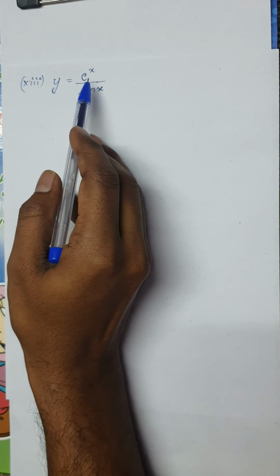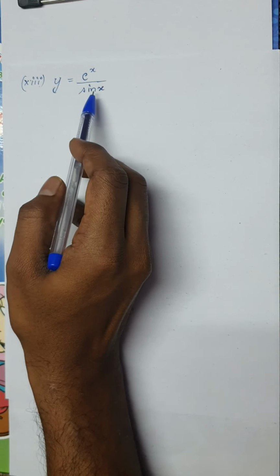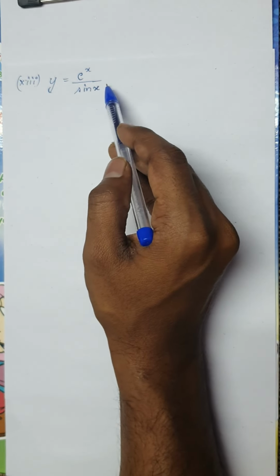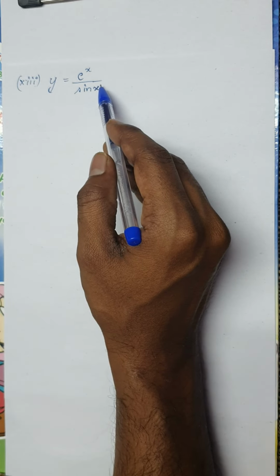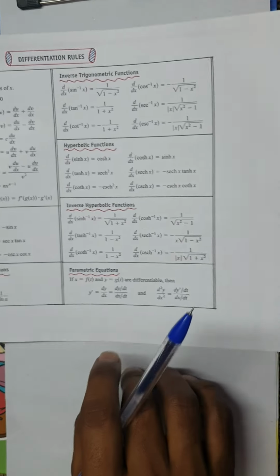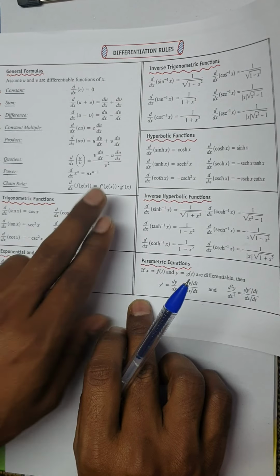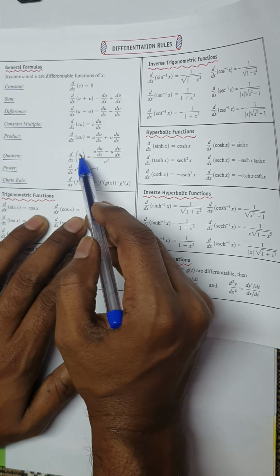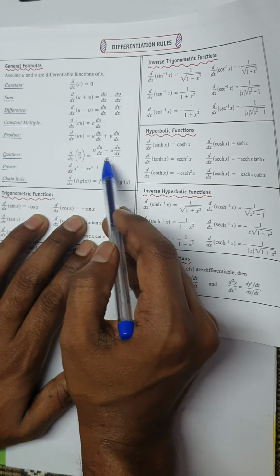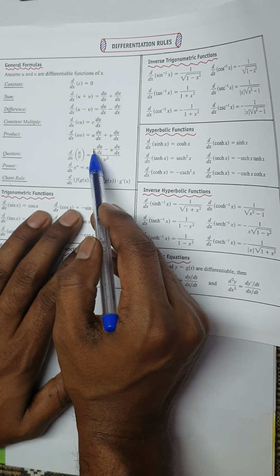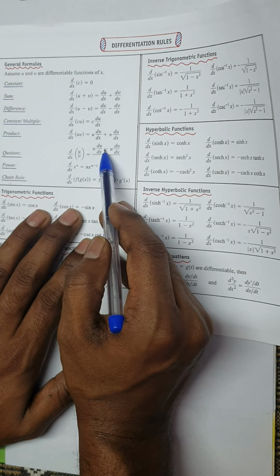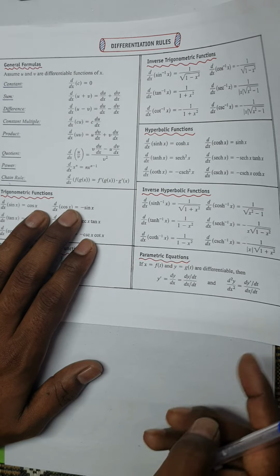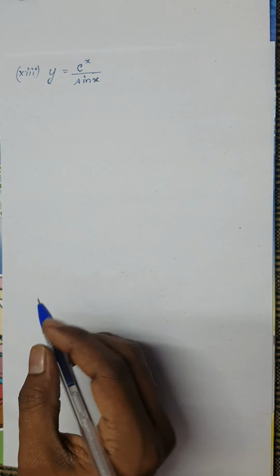We have y is equal to e power of x divided by sin x. Remember, this is of the form a function divided by a function. I hope you know the method of solving this. We are going to use the quotient rule for differentiation. What does the quotient rule say? If you have the derivative of u by v form, keep the denominator square as it is, keep the first function as it is and differentiate the numerator, minus numerator as it is, differentiate the denominator. Right, we shall move on.